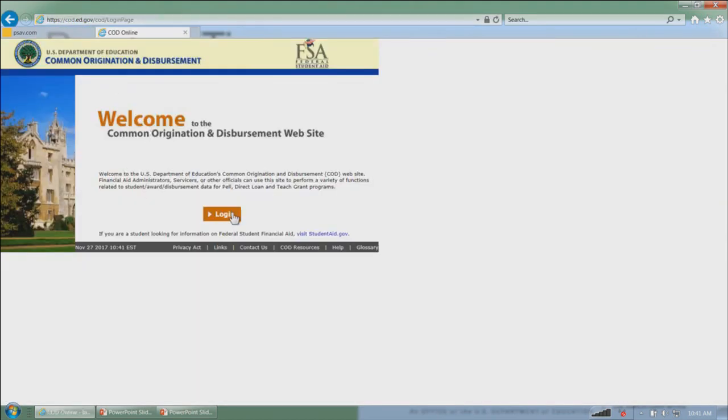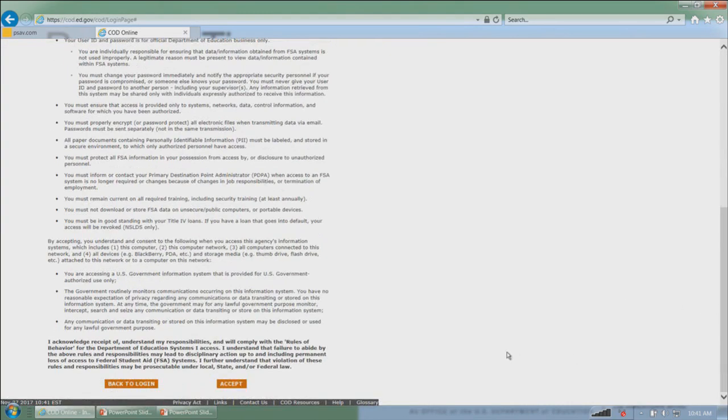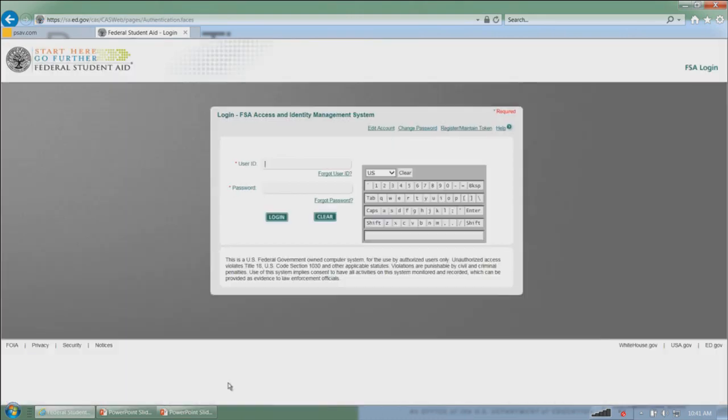Okay, so then you type it in, you click Login, come down to the bottom of the screen and click Accept, and that will take you to our PIN website. This is why I asked if you had a token, because if you have a token but you forgot it, so you've been assigned a token but you forgot it, you're going to enter your user ID and your password,